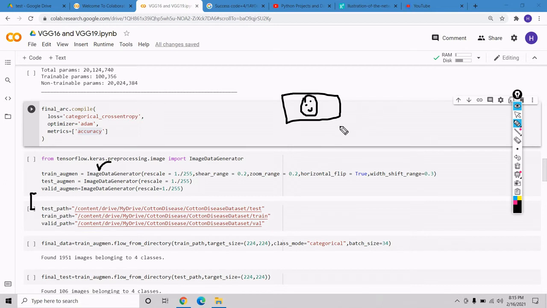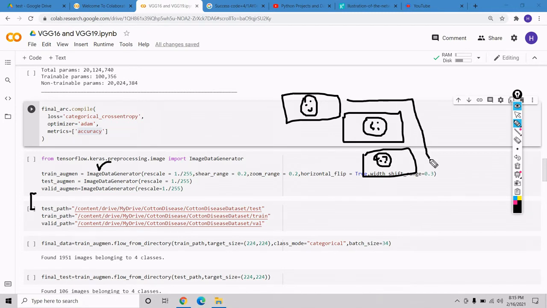While testing, someone gives an image something like this, or something like this. Our model should work on this type of images also.